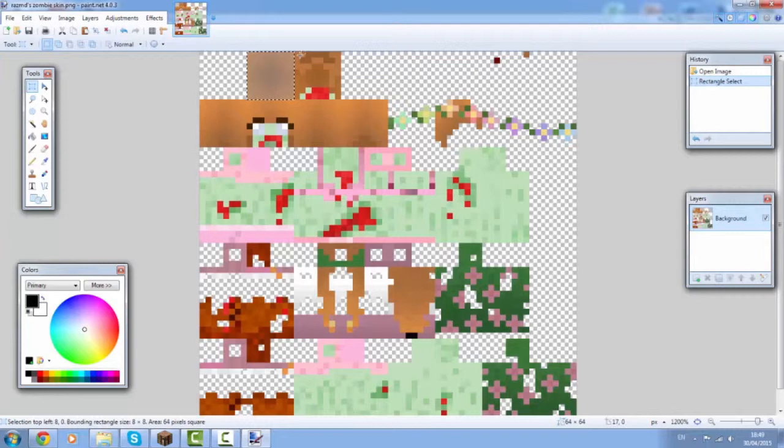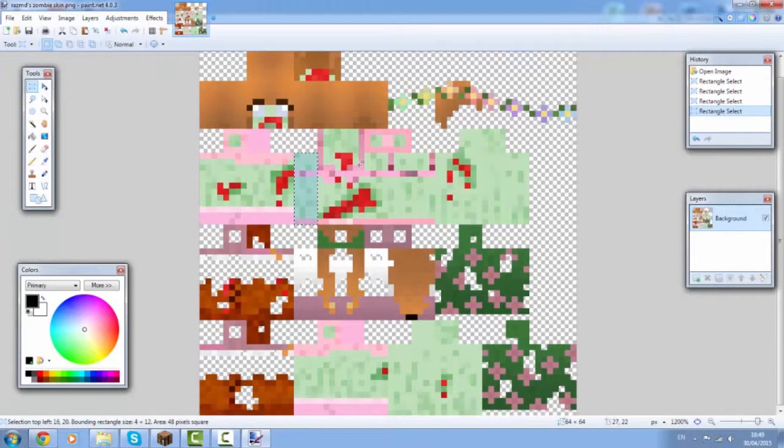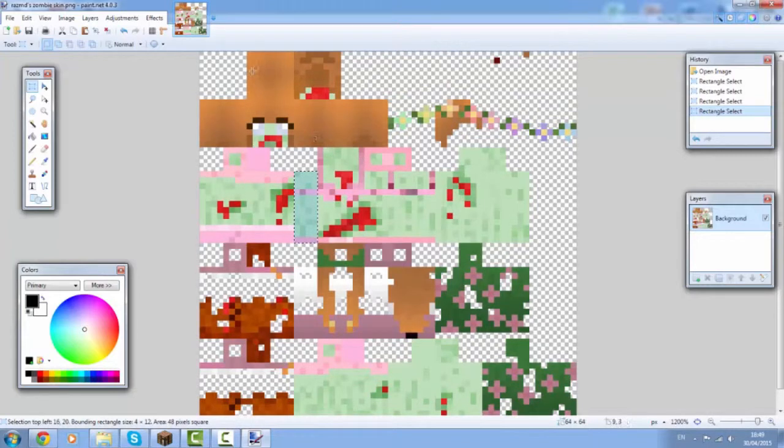So this is one part of my skin, this is another part of my skin, this is another part of my skin, and this is another part of my skin. So you're going to need to know about that, but you can Google it up and learn. So it's kind of basic from this point on. It's kind of grindy work if you're going to do this, but I suppose the results are kind of satisfying. So what you're going to do is you're going to select the parts, okay?